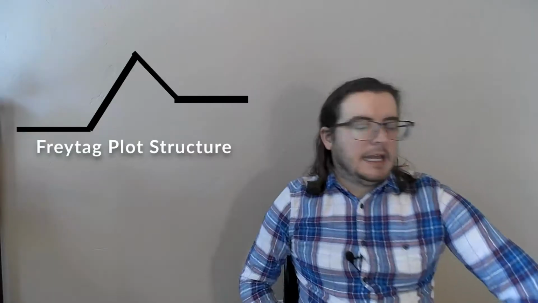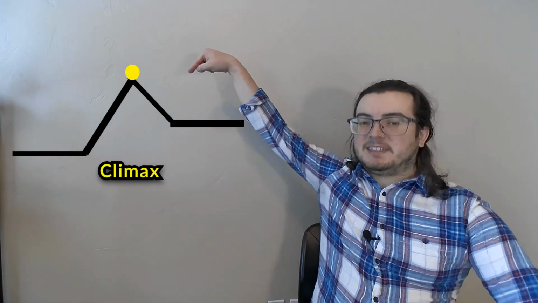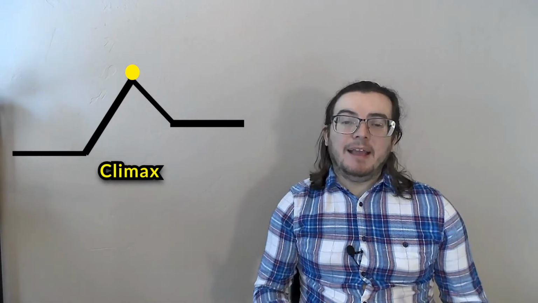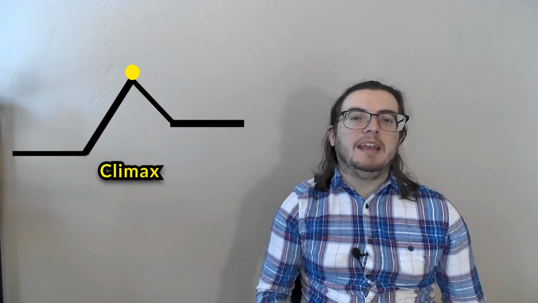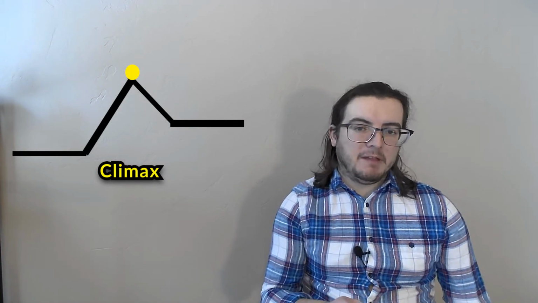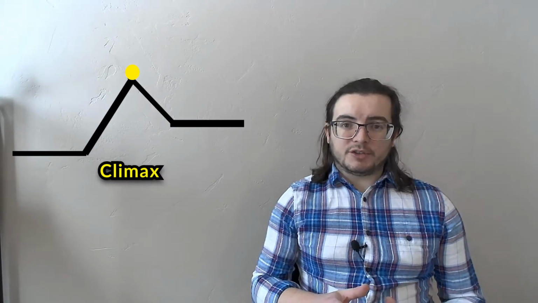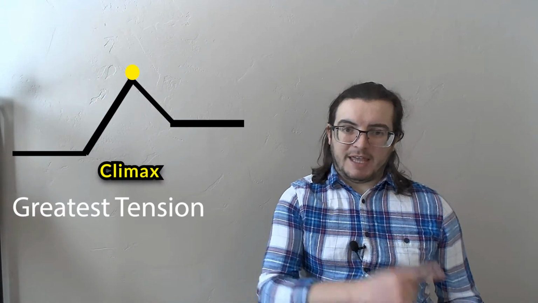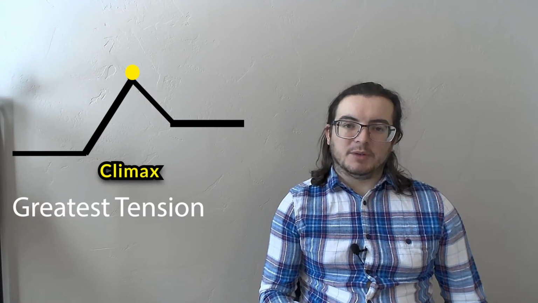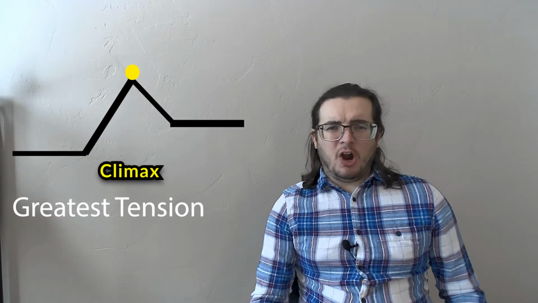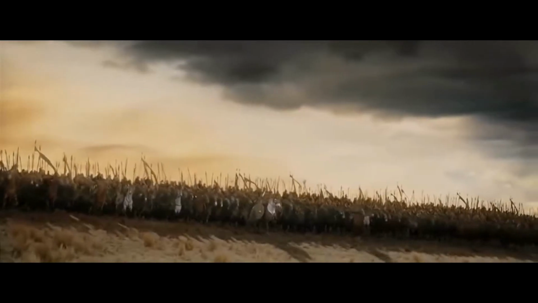I'm sorry. Now at the top of our diagram here, we have this little yellow point. It's called the climax. Climax can get a little confusing because it has so many different definitions. We're going to talk about a couple of them so you have a good understanding of them though. When a story reaches the greatest tension between the protagonist and the antagonist, that is what causes our climax. The two armies finally clash together here.